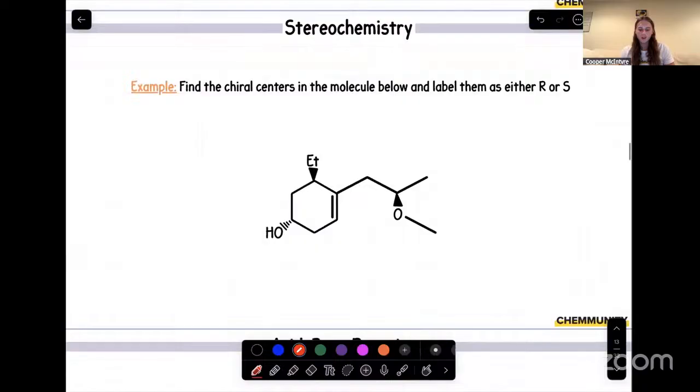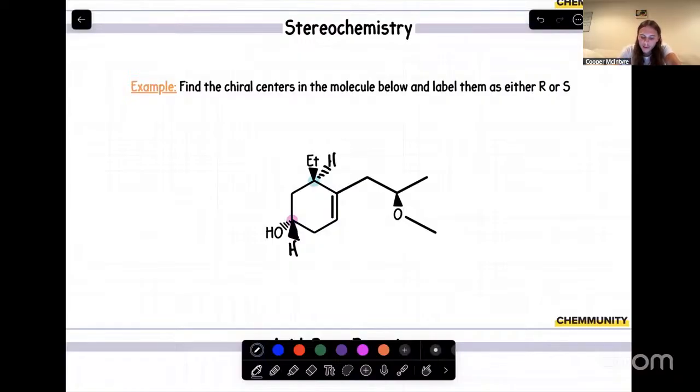Sweet. So looking at this molecule, we definitely have a couple more chiral centers. So if we were to go through and find them, we can first start off with this carbon bonded to our oxygen. And if we were to include our hydrogen as well, we can see that we have four different groups coming off of that pink chiral carbon. And then another carbon that's catching my eye is this one right here, that blue one, as we have four different groups. And yet again, what we can do is include that hydrogen.